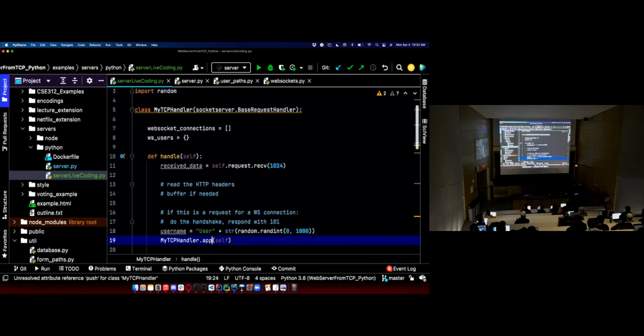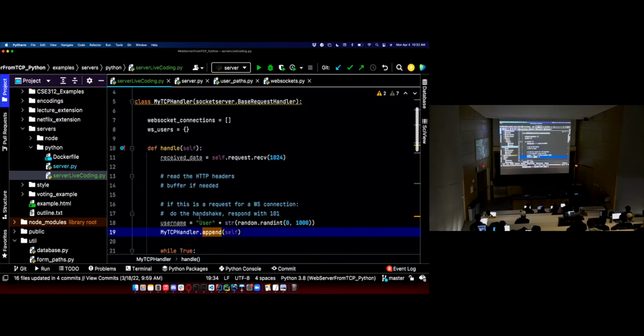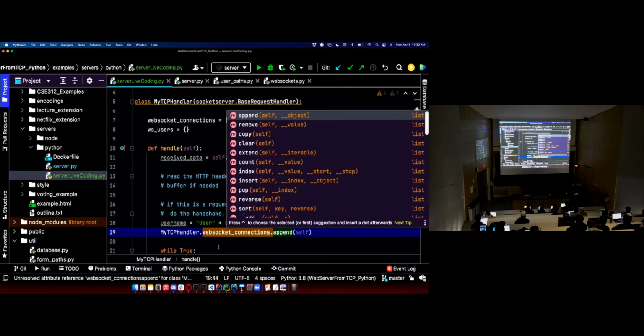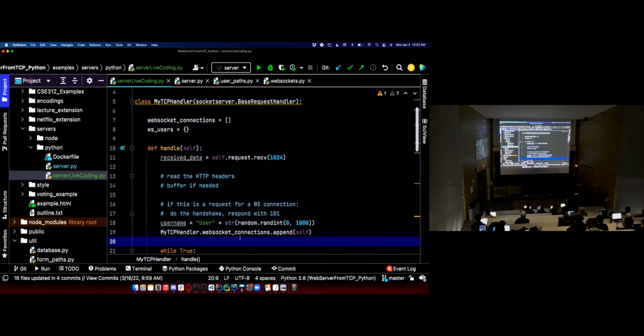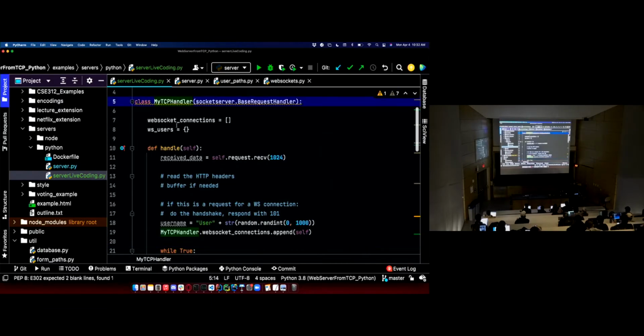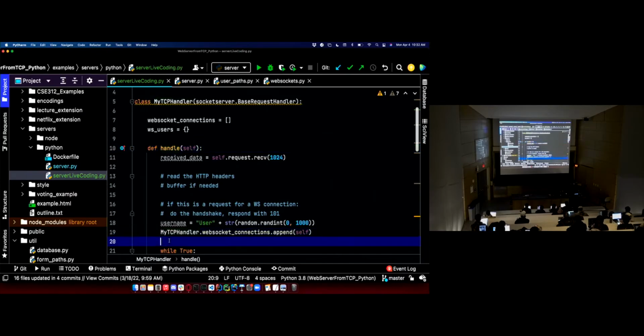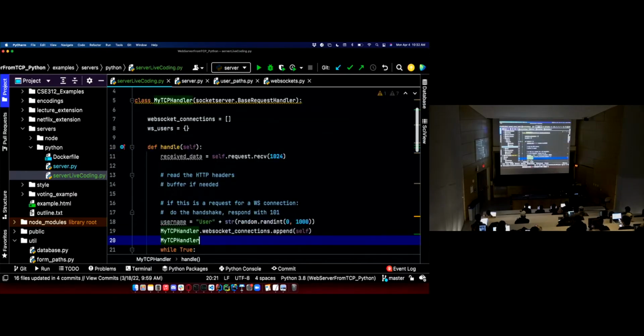Is this not? Oh, it's append. It's pushing. No, I'm really messing this up. Dot. Okay, there we go. So that's going to give them a reference in a shared data structure. Everybody has a reference to everybody else's handlers, because new myTCPHandler, call handle, that's what the server is going to do. And then each WebSocket connection, each user is going to add their information